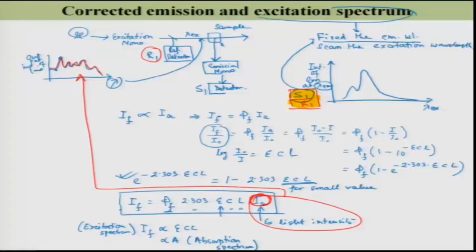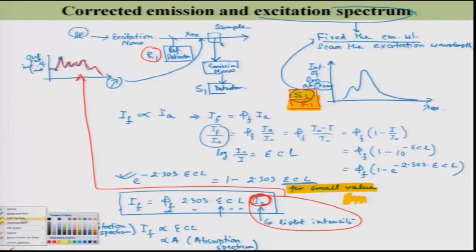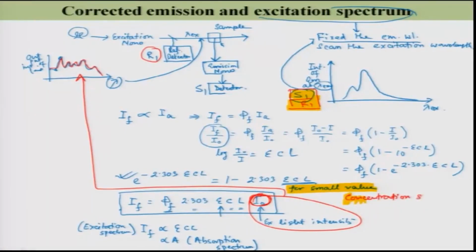but it will never match if you do not do it that way, that is S 1 by R 1. You have to do the S 1 by R 1, and also you need to take the concentration small, that is it. The concentration should be low. How low? The OD or absorbance should be in the order of 0.02, something like that,